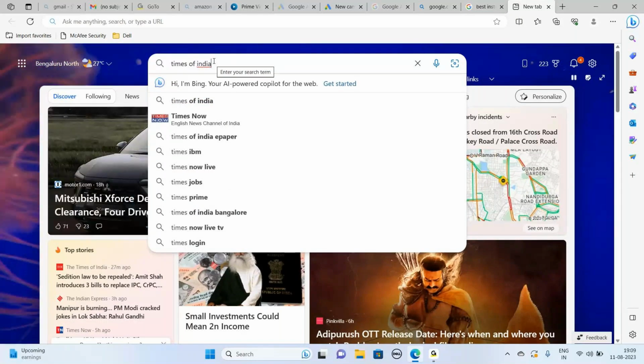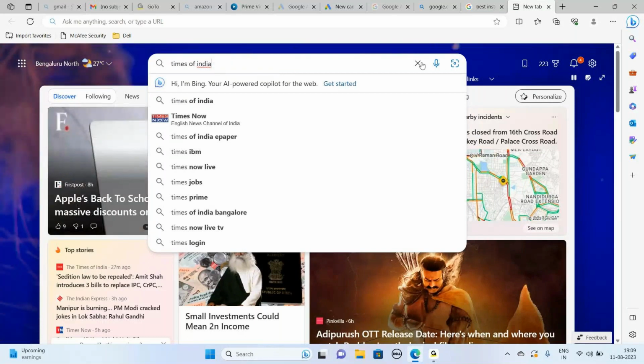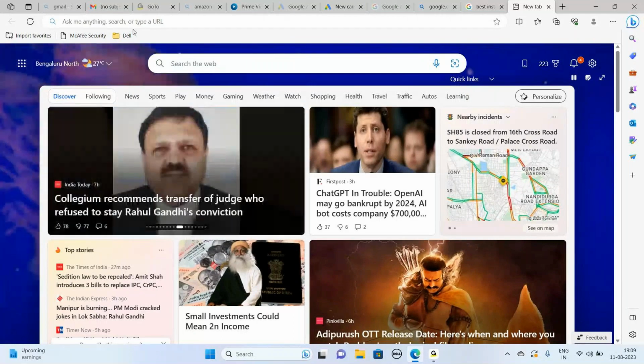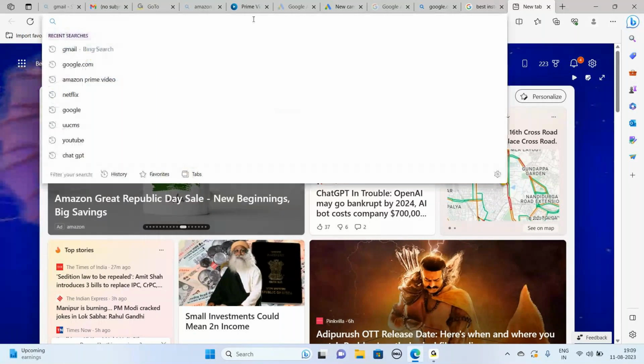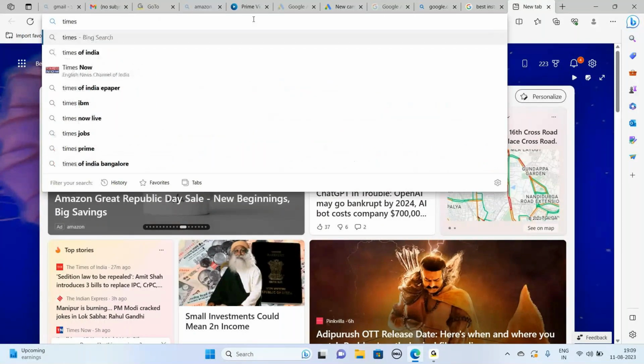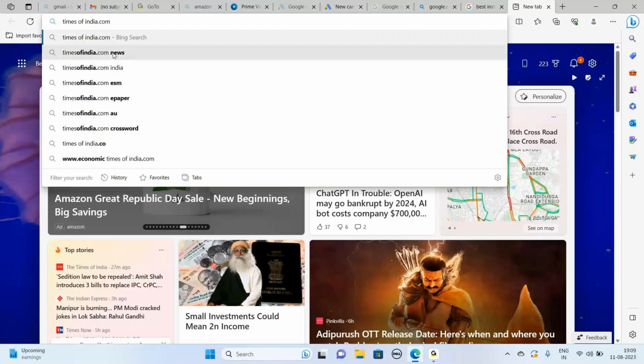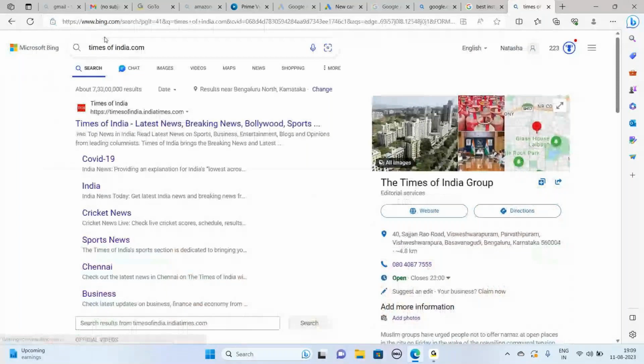On the top you have an address bar. There you type timesofindia.com. Okay, go to the first link.